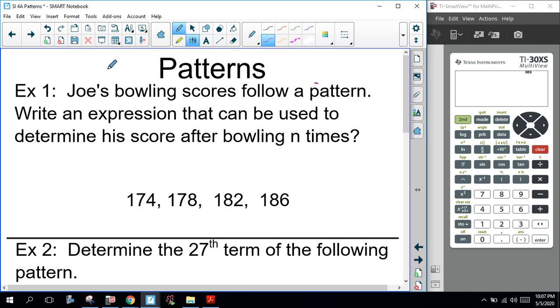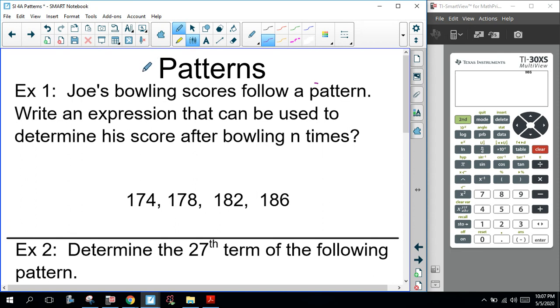We're going to talk about patterns today. We're going to specifically talk about linear patterns. And when we talked about linear relationships, we talked about things where you consistently add or subtract the same thing over and over again. For instance, if you worked a job and you made $12 an hour,